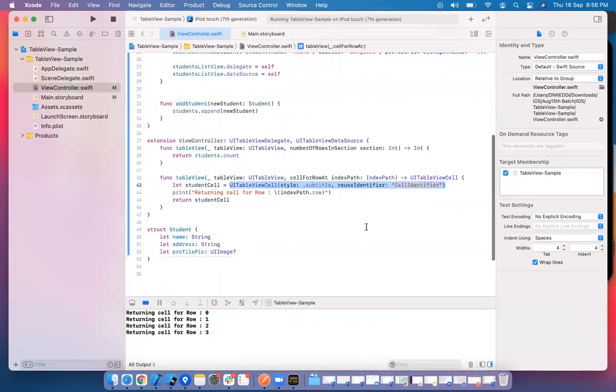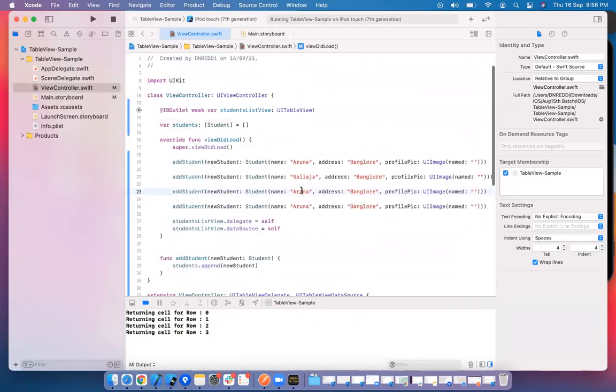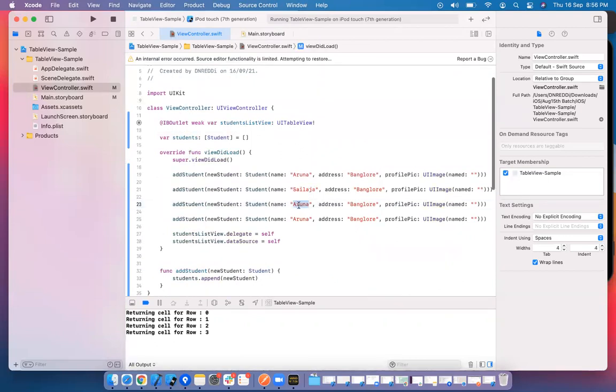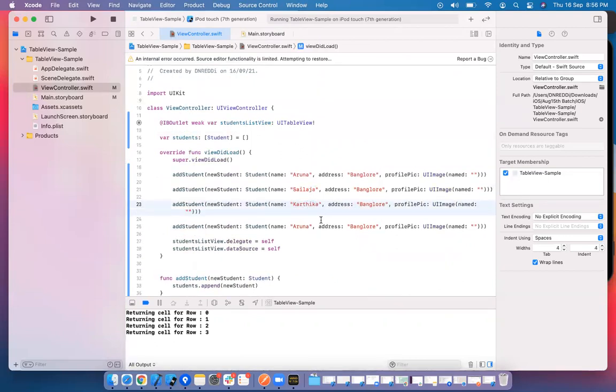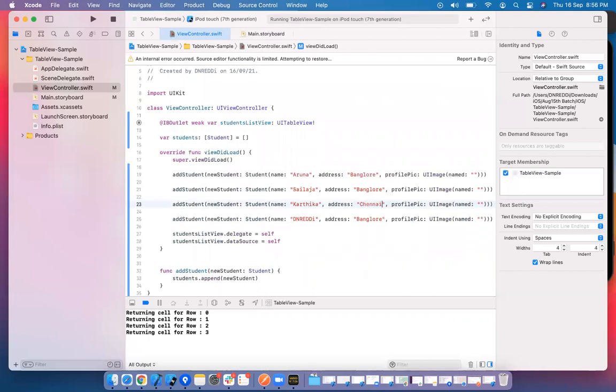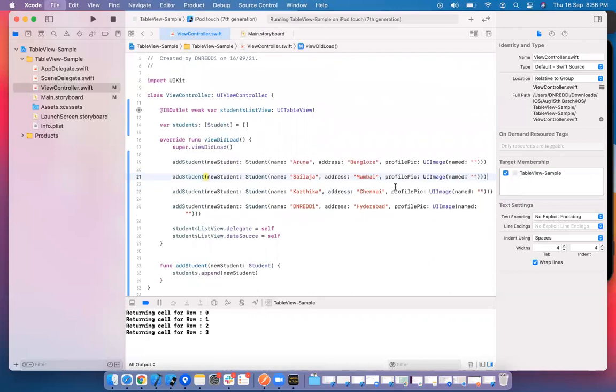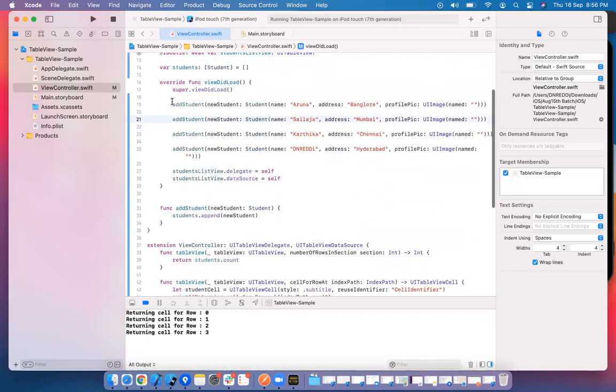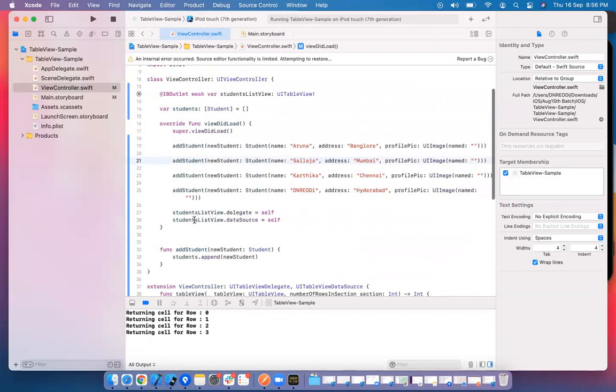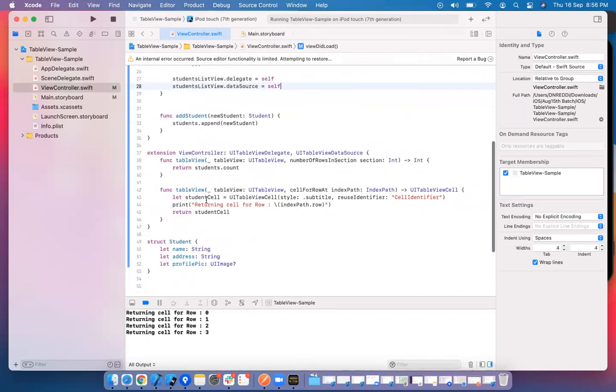Let's set some information for the cells. I have created 4 students and I'm setting the delegate methods so that these methods will be called.